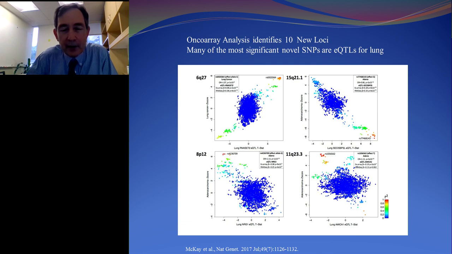And by plotting these two things against each other, we can find that in some of these regions, the SNPs most significantly associated with lung cancer are also very strongly associated with expression. So for these 4 different regions, we're finding that the SNP that we identified is most likely affecting lung cancer risk by affecting the expression levels. So that actually makes the hunt for the mechanism for how the SNP is affecting disease easier in these cases.